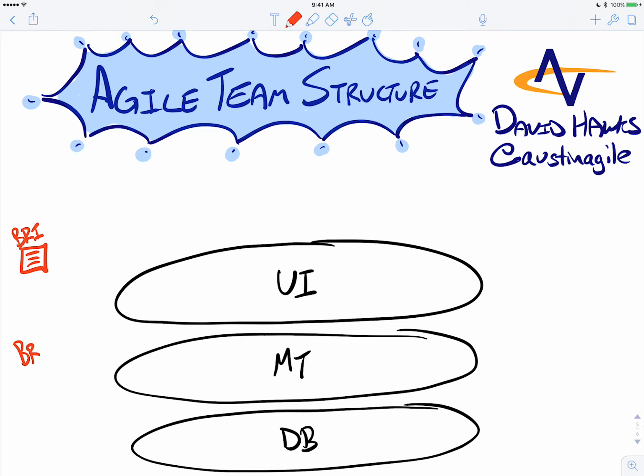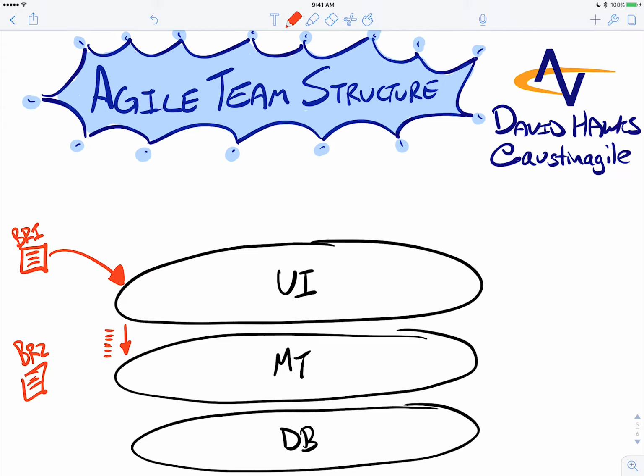So let's look at two different scenarios here. First scenario, business requirement one. One scenario is the UI team reads this document. And they read this document to determine, okay, what do we need? Now, more than likely, they're going to need something from the middle tier team. Now, when they go to make this request from the middle tier team, more than likely, that team has a queue of work that it has to wait in